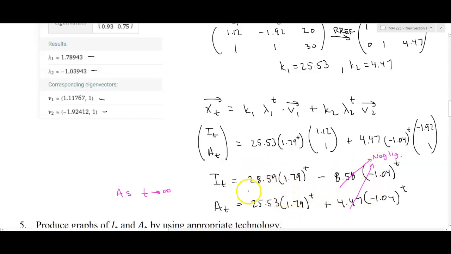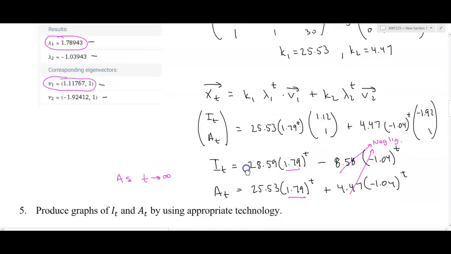And so over time, we see that the populations are going to grow by a factor of 1.79. So there's going to be a 79% growth rate. And there's our dominant eigenvalue right there. So what's going to happen over time is this initial state vector, 20, 30, is going to point in the direction of the eigenvector 1.12, comma 1, and we can actually take a look